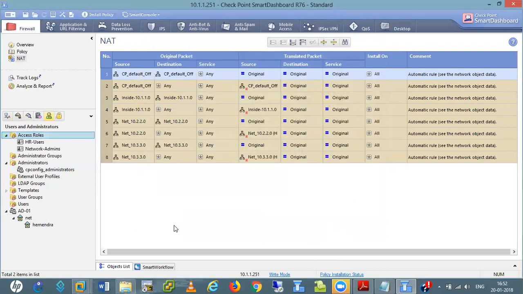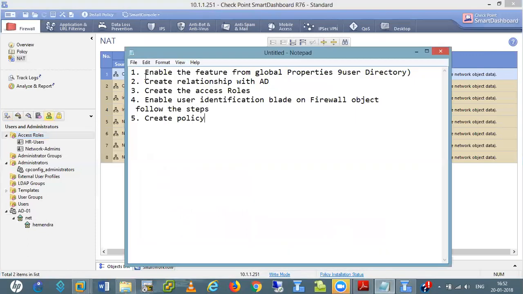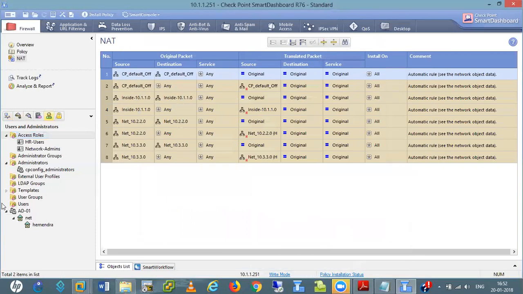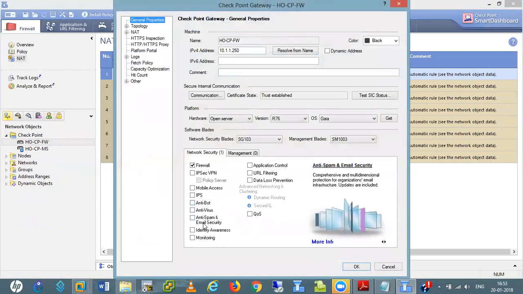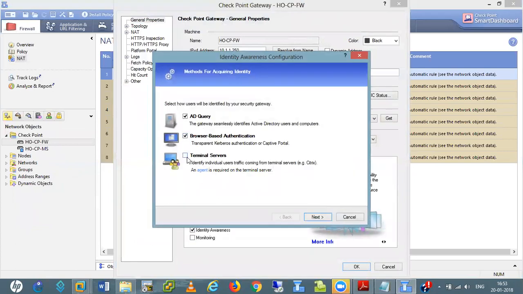So we completed this one, and this one. Now the next thing is the user blade on our firewall. Now I am going to enable the user blade in my firewall. This is the identity awareness blade. I select